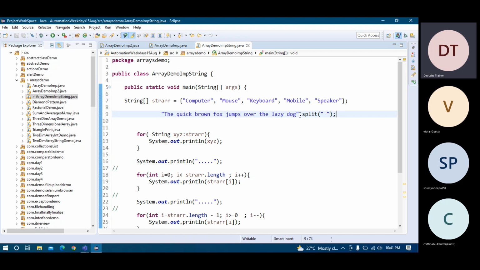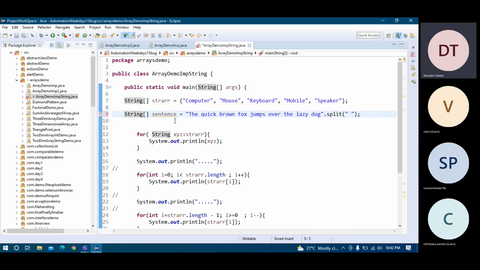Suppose that you have a sentence and you want to create an array with the sentence. You can use dot split like this and then put the space. It will ask on what basis you want to separate it. I said on the basis of a space. So this will also create one array. Let me give the assignment to a local variable, sentence, and the type of variable, as you know in Java, is mandatory. So the local variable reference comes as a string array.